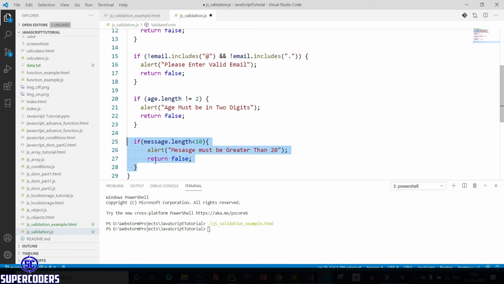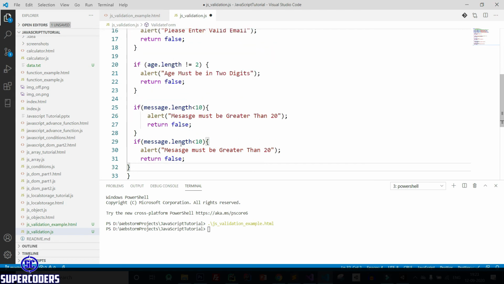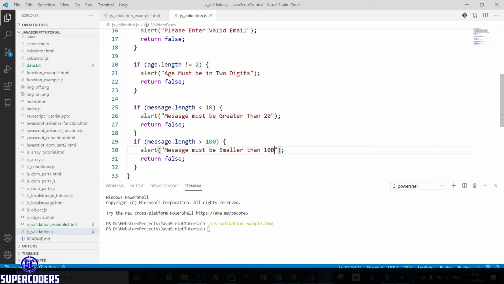After that, adding one more condition, message dot length greater than 100, so change it to message must be smaller than 100. Save it and let's check whether it's working or not.